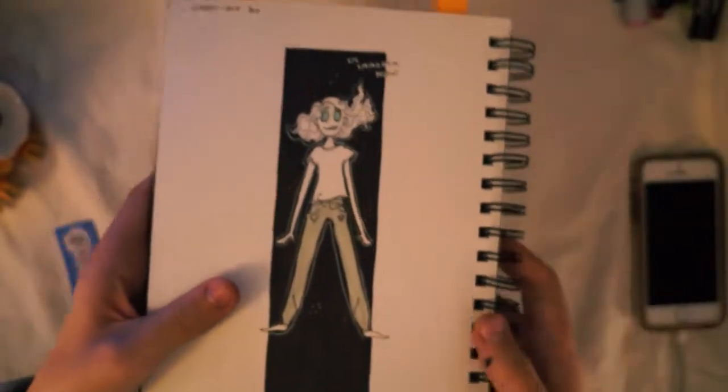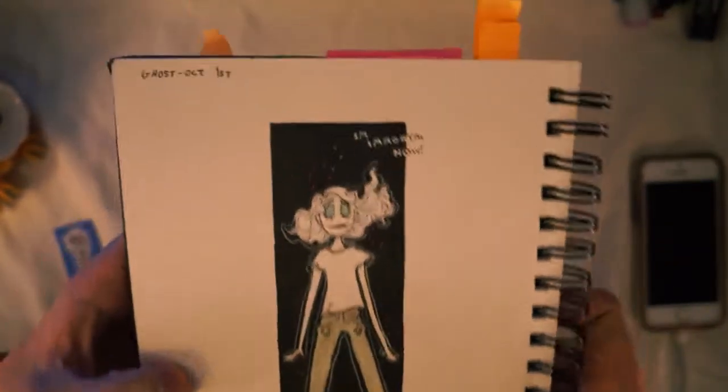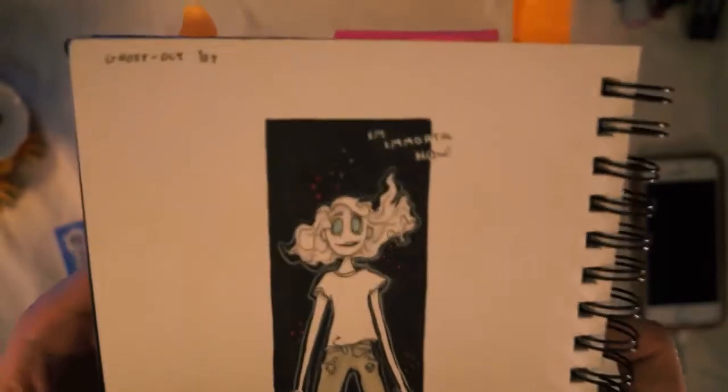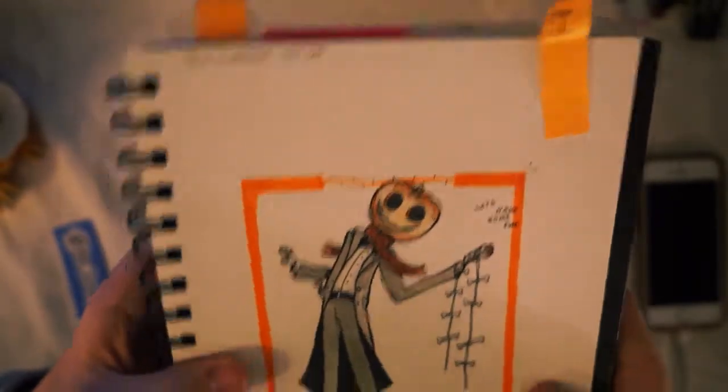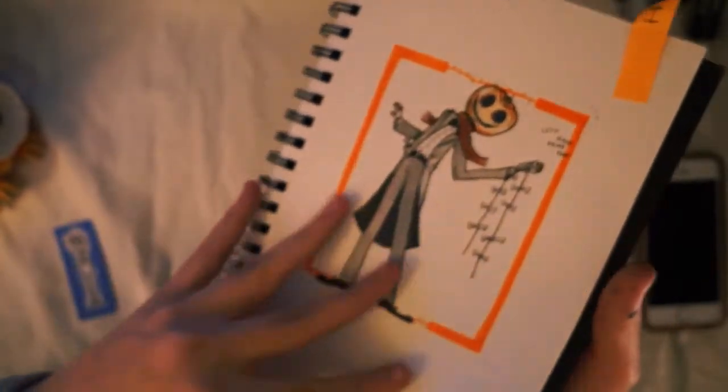And then on to Inktober, which is the last 3 pages of the sketchbook. And this one was a ghost. And it's this girl, and she says, "I'm immortal now." I really liked the eyes. And then a jack-o'-lantern. Let's have some fun. And lastly,